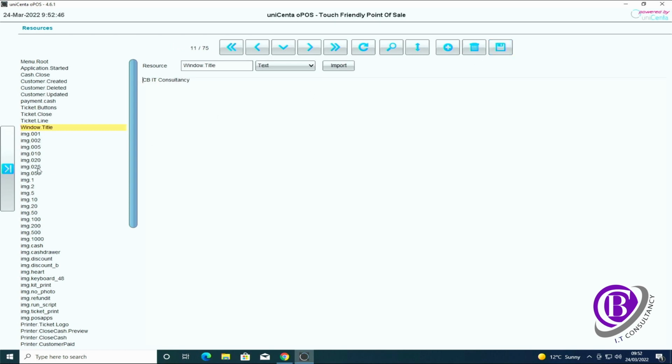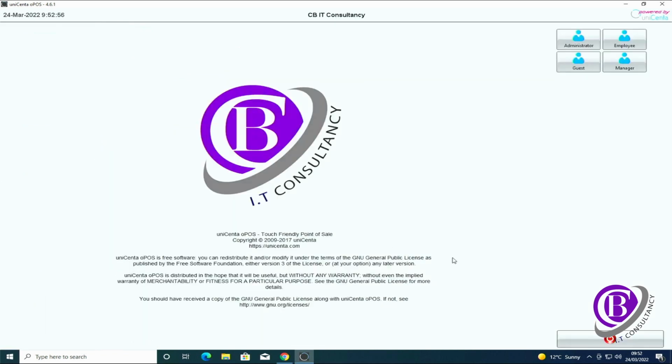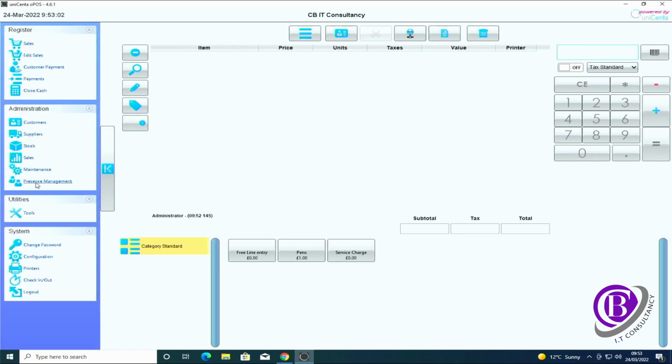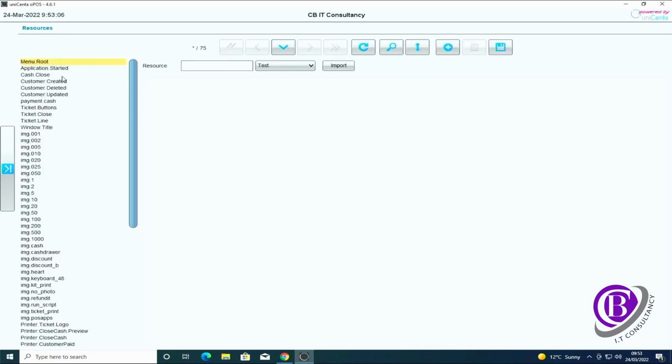That won't make the change until we've logged out, but it will change the title at the top of the page into what you want. Just going to log out, and as you can see, it's now changed. If I log back in, there are a few other options which we can change in the same place. So if we go to maintenance and resources,